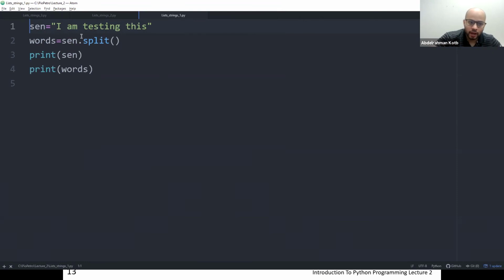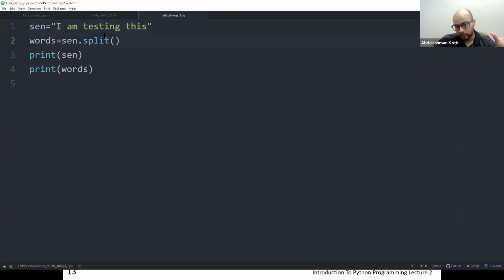So for example, I am testing this. This is a string. Python looks at it and says, okay, this is one string. It doesn't matter that it's 4 words when we read it. I am testing this. So these are 4 words, but for Python, this is one word.